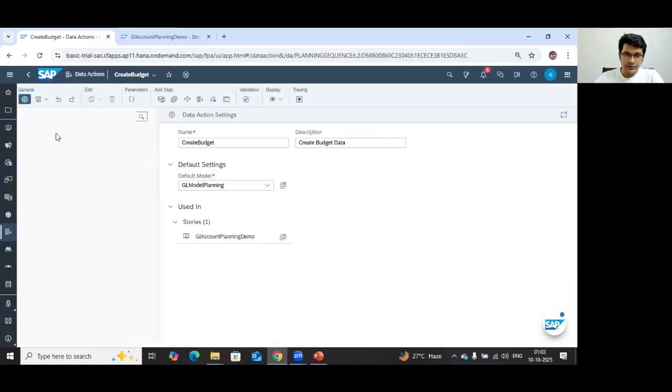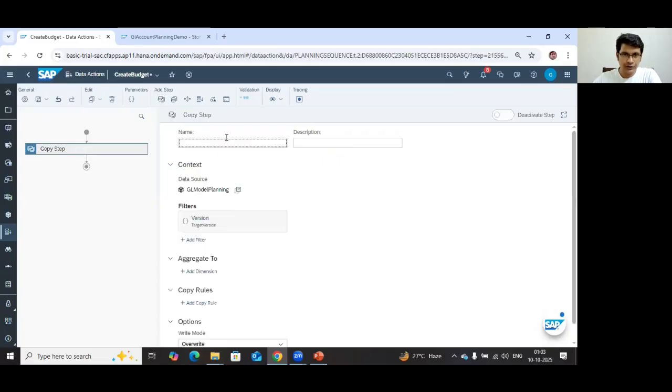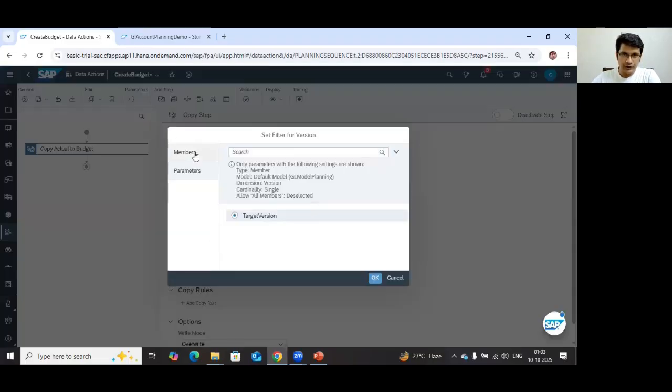So create budget. Did I not add the... okay, so the copy action was missing actually. Okay, somehow it got deleted. I'll just create it quickly. So the actual to budget. So the filter version would be